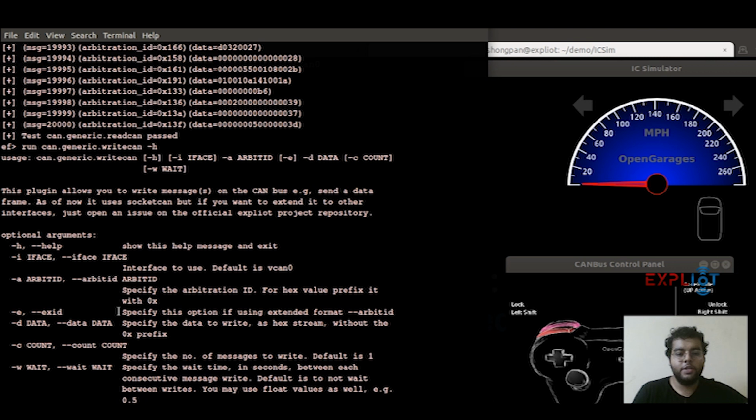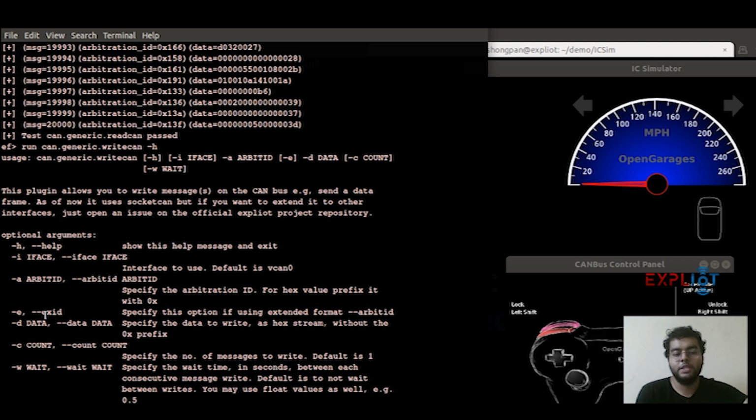Next is -e. If you are using an extended data frame format, you have to specify -e with the arbitration ID as well. So -a and then -e. You don't need to put anything else inside the -e.